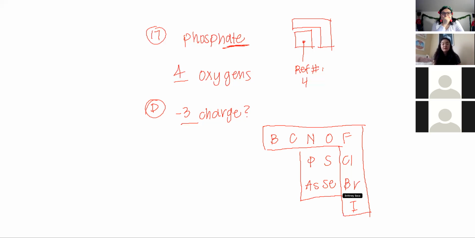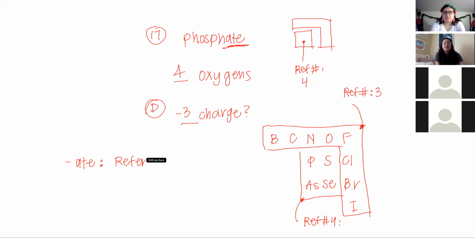So then from here, if you're part of the 7, we have what we call a reference number of 3. And if you're part of the square, we have what we call a reference number of 4. So this is pretty much where you're going to begin counting. So whether you're in the 7 or in the square in the middle, if your suffix is 8, you're going to use whatever reference number is assigned to the area that your element is in. And then if you lose 1 oxygen,